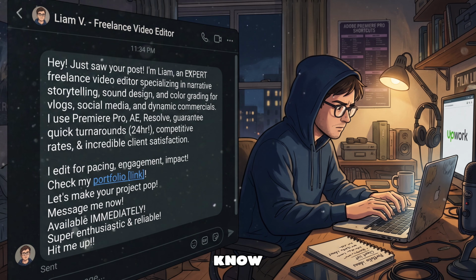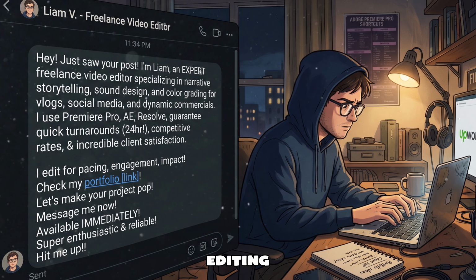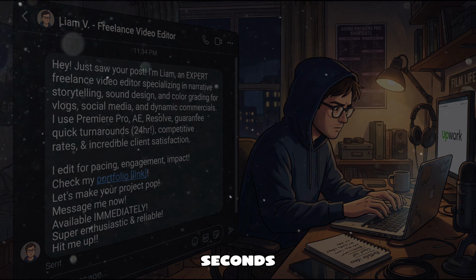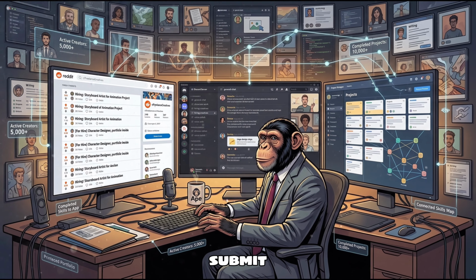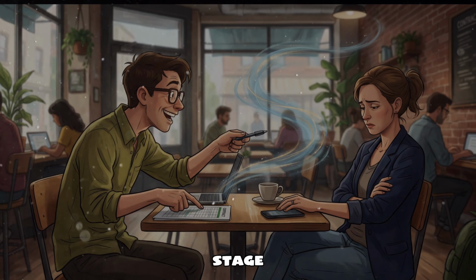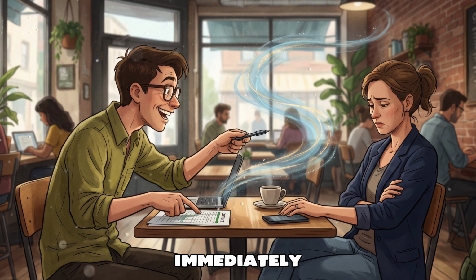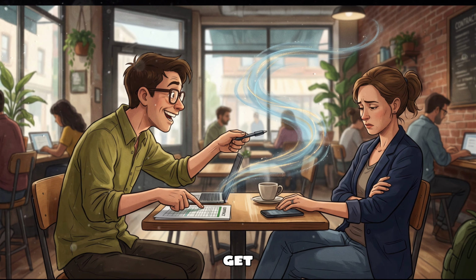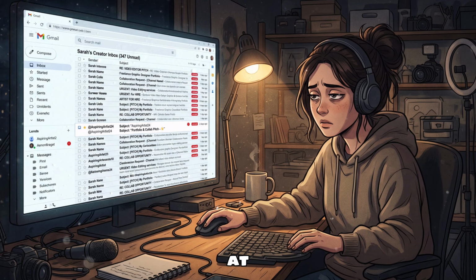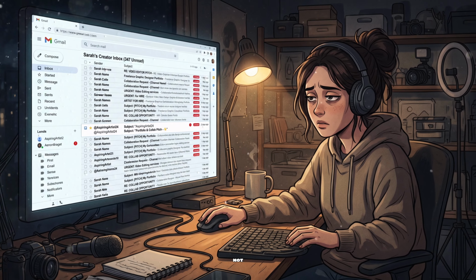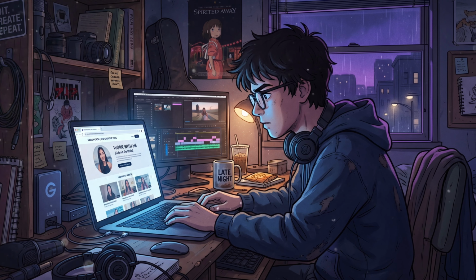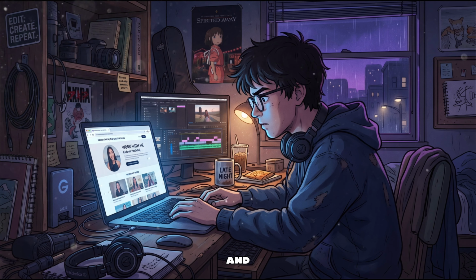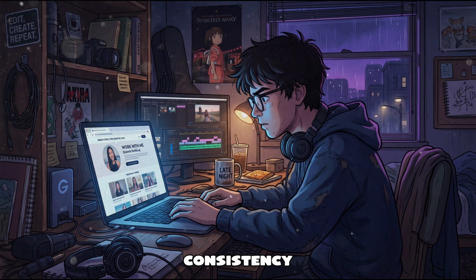Next, how can you get to know them? Free test editing. How to do a sample edit. How many seconds to charge. How to format a portfolio. Where to store work. How to submit results. At this stage, almost 90% of newbies give up immediately. The problem is the desire to get everything at once. They send 10 messages. They take on several clients at once, and then they say, "It's not working. I can't do it." This isn't a profitable niche. Most people overestimate 1 day's work and underestimate 30 days of consistency.